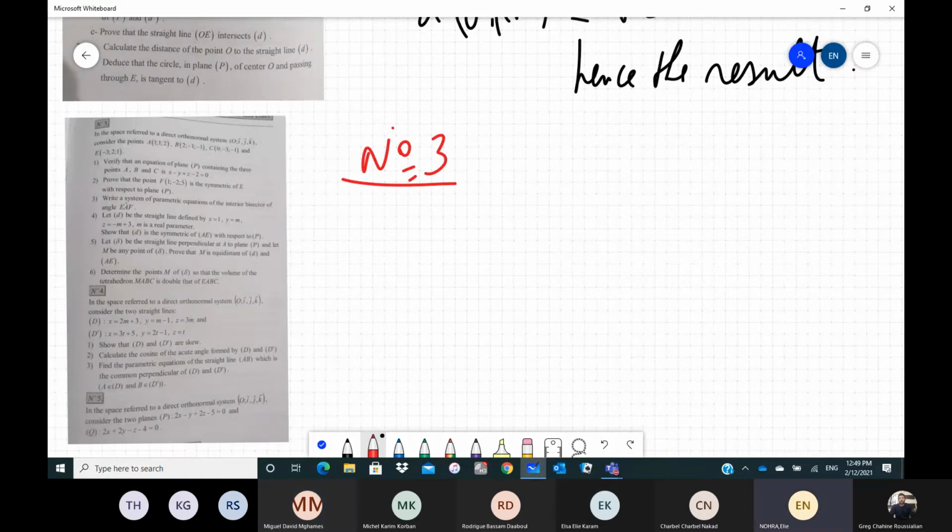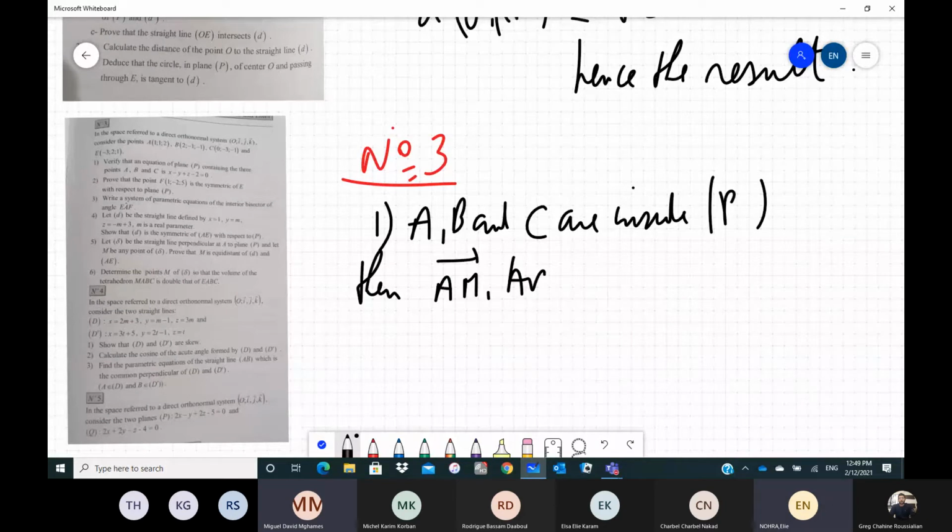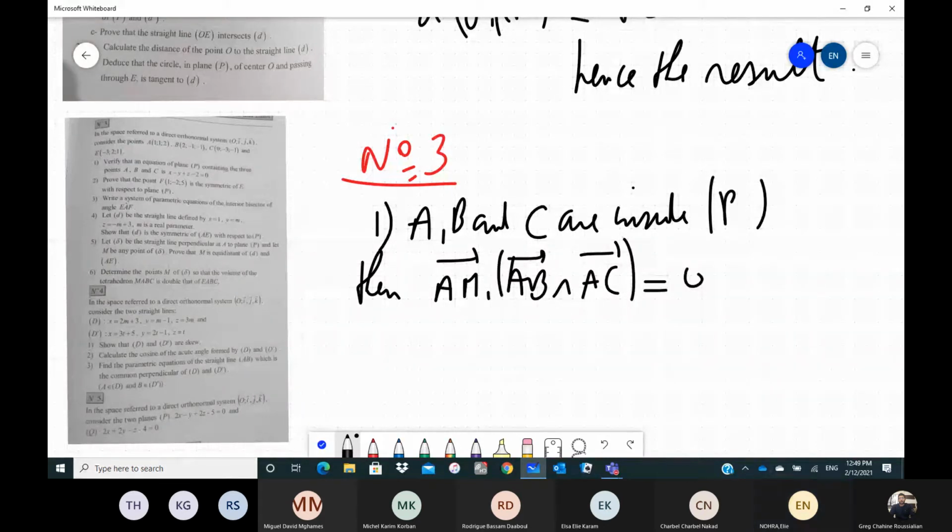You see it, guys? Yes. Okay. First question. Equation of the plane ABC, guys. A, B, and C are inside. We take P, AB, AC, AM, then AB vector AC equal to 0. AM